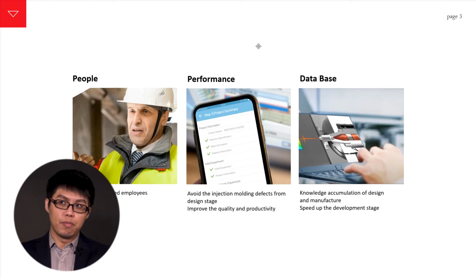Also, right now most people switch their jobs yearly, or maybe every 3 to 5 years. That makes things a little bit hard for the injection molding industry, because most of our customers modify their process settings based on experience.